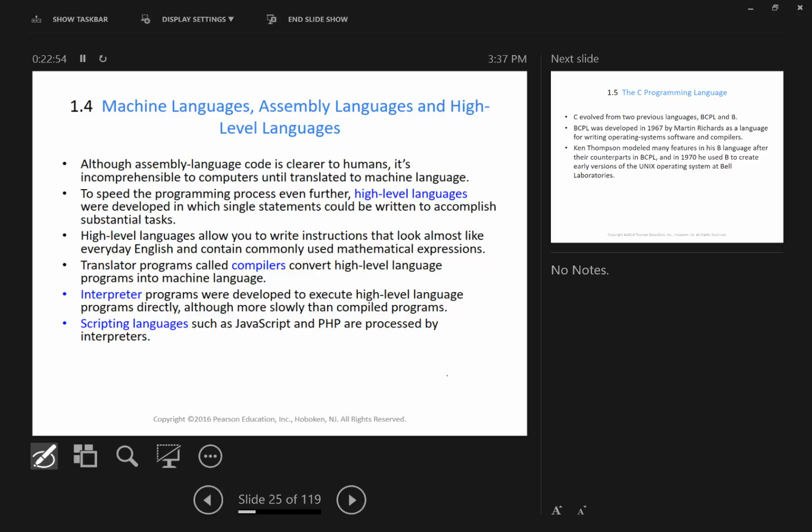So compiled programs run much quicker. They also require less memory on the drive and everything else than interpreted languages. Scripting languages are very popular for web-based programming. The reason is that if I'm going to write a program that's going to run in HTML or through a web page, then